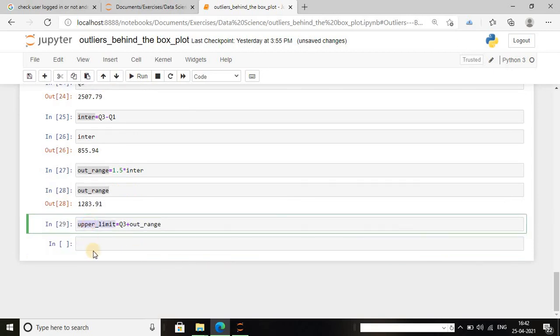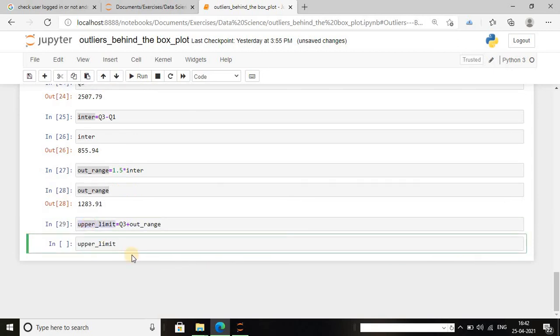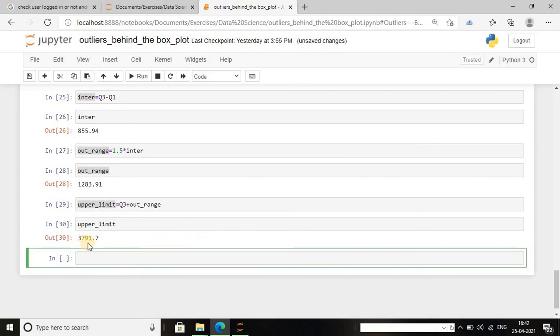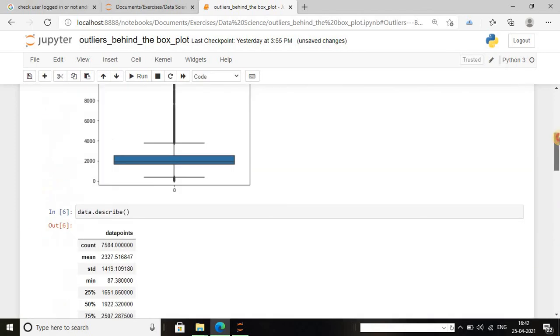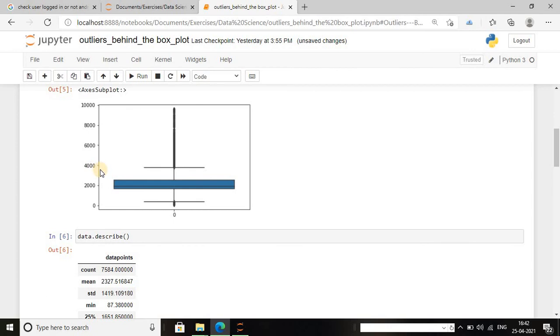If I print this upper limit, it will be 3791.7. From this graph we can see that from my data points, the observations which have values more than 3791.7 are clearly the upper outliers.